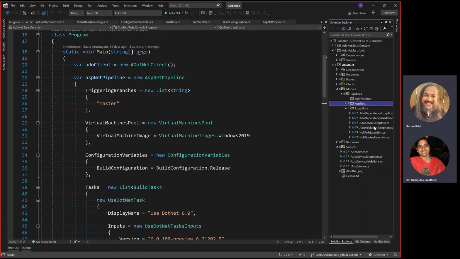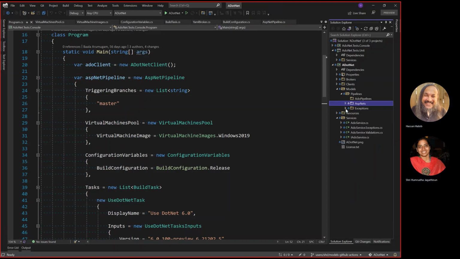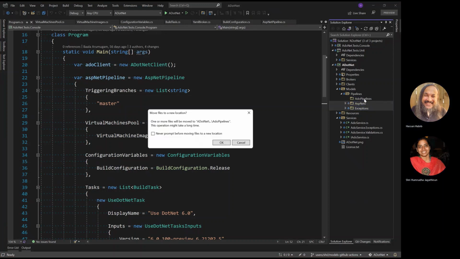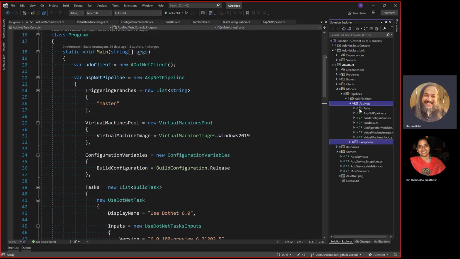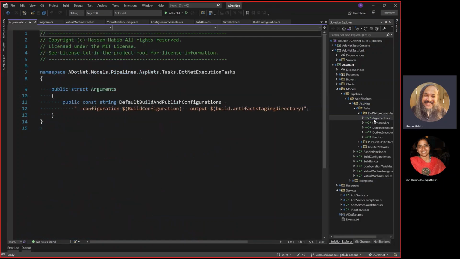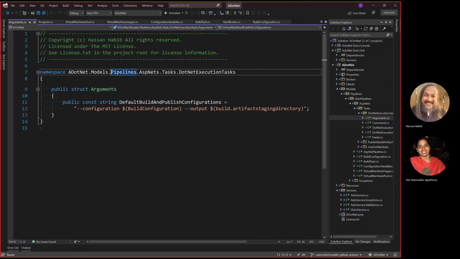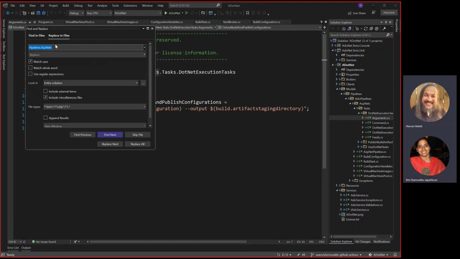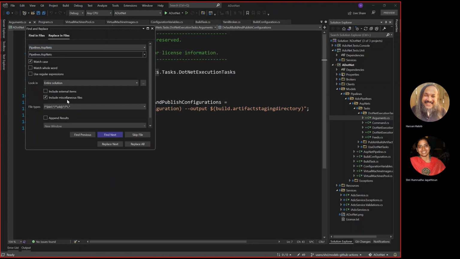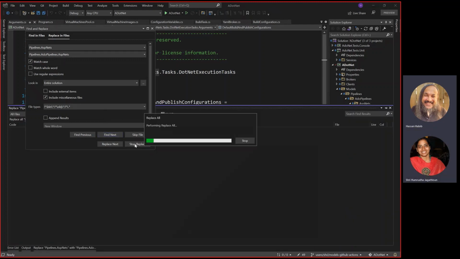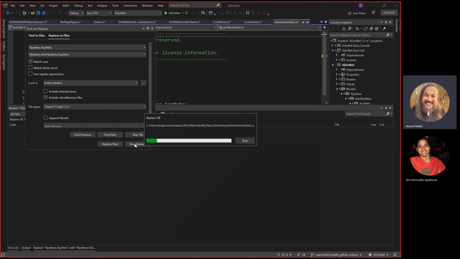Yeah. We're going to have to fix the namespace. Even the exceptions, right? Because these are tied up, it says ADO. That's right. Yeah, go for it. The thing about Visual Studio here is that it's not going to change the namespace for you. So we could start with, anywhere it says pipelines.ASP.NETs, you can replace that with pipelines dot ADO pipelines.ASP.NETs. Yes, perfect, Shri. Let's go. Replace all. Yeah. Ooh, 54